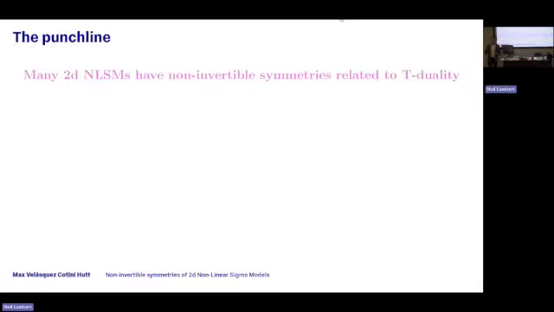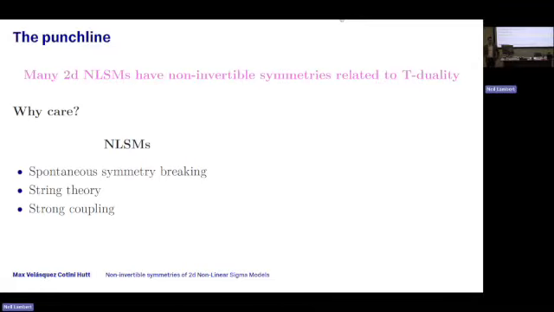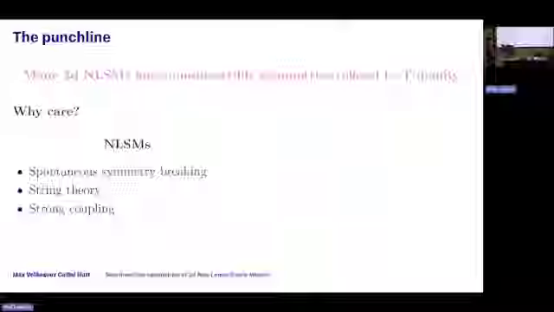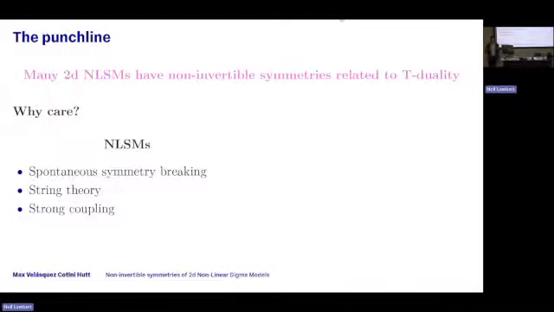Good. So let me spoil my own punchline before I get into any details. I'm going to tell you that there's a large class of 2D nonlinear sigma models which have some non-invertible symmetries, and they're related to T-duality. Okay, you should say, that's a nice fact, Max, but why should I care? Well, nonlinear sigma models are, of course, somewhat ubiquitous. They're important in the effective description of spontaneously broken phases. They're also crucial in the worldsheet formulations of string theory. And they exhibit, or at least they can exhibit, strong coupling in the infrared and weak coupling in the UV. So you could see them as some sort of 2D toy model for the type of behavior that you get in 4D gauge theory.